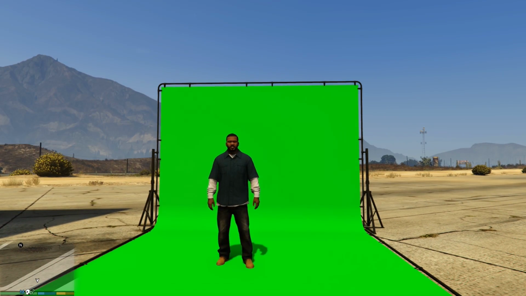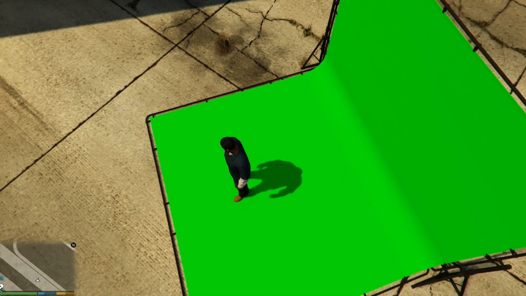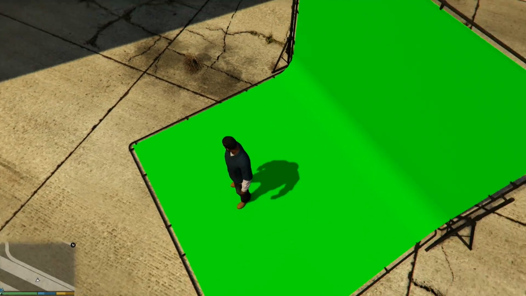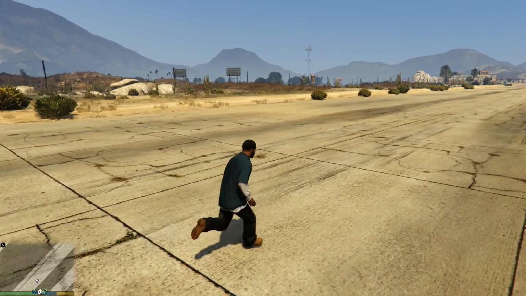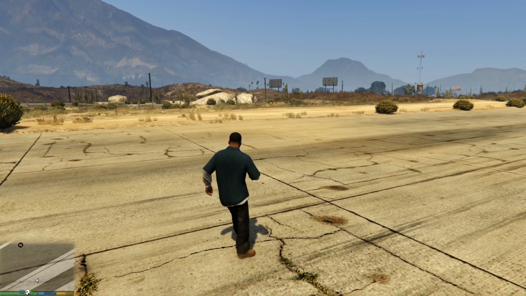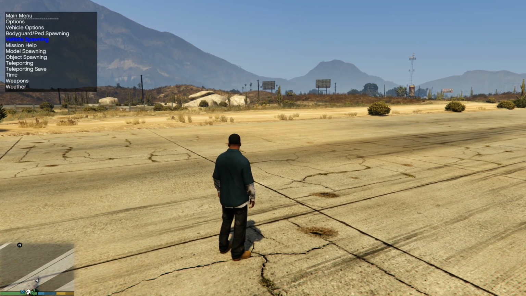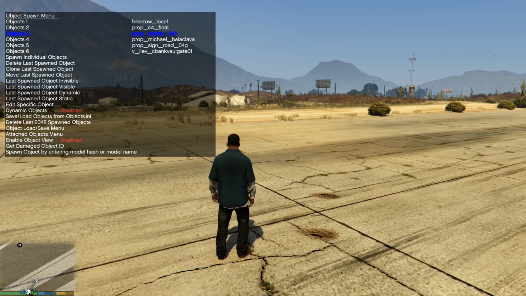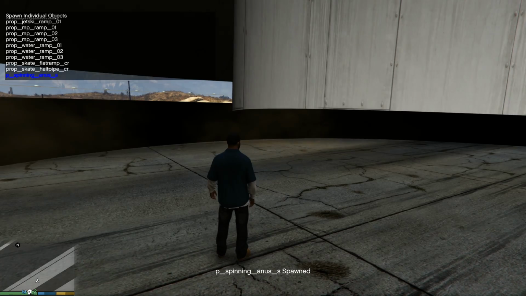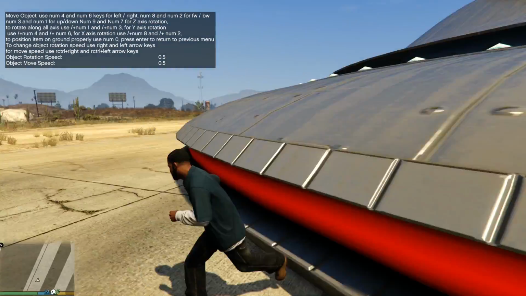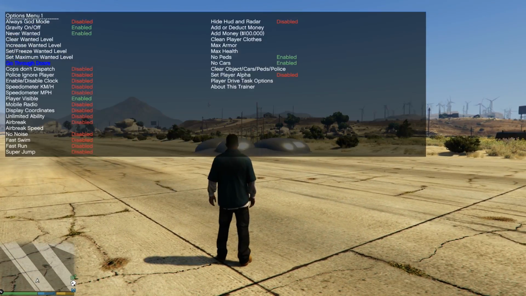If the shadow at the bottom, so at the feet of your character, annoys you, there is a little workaround for that as well. You can spawn a huge object like the UFO, or spinning anus as it is called in Simple Trainer by Siak, and you can place this as your new floor to walk on. I'm spawning this object with the Simple Trainer so it won't appear in the database of menu. That would confuse me as I'm a sensible being.